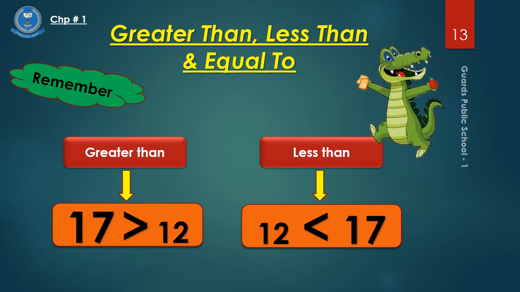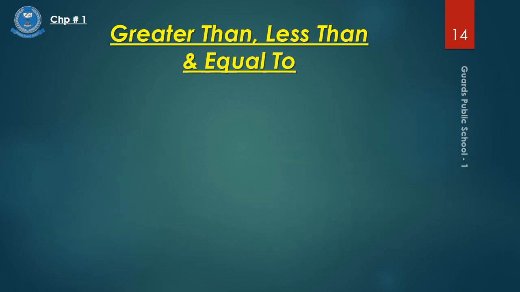For example, 17 is greater than 12 and 12 is less than 17. Students, remember, crocodile का माउथ जिस साइड ओपन होगा वो ग्रेटर नंबर होगा और अगर क्रोकोडाइल का माउथ अपोजिट होगा तो वो लेस देन नंबर को शो करेगा. Let's see how to compare and how to find out the greater number. For example, we have two numbers